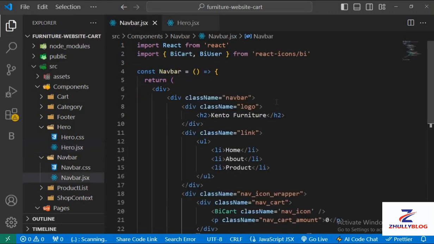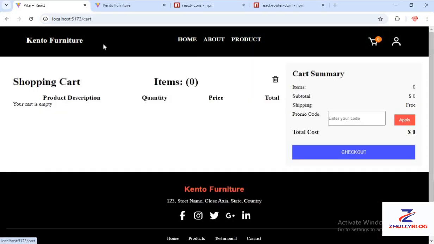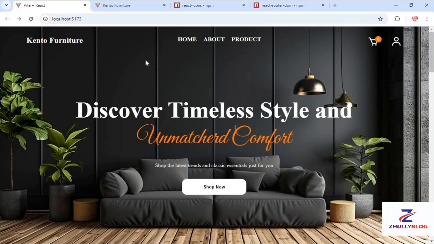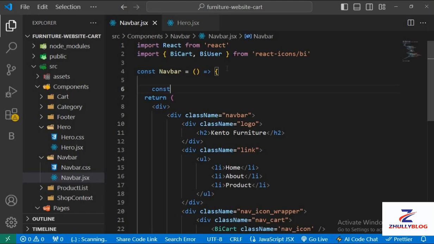Okay, before building the hero section, there's something that we need to know here. Right here in our home page, the navigation bar is transparent. But on any other page, the navigation bar background is dark. Okay, so we need to set that as well. So I'm going to create an object here, and the object is going to contain inline CSS that we'll use to style our nav. So for navbar style,